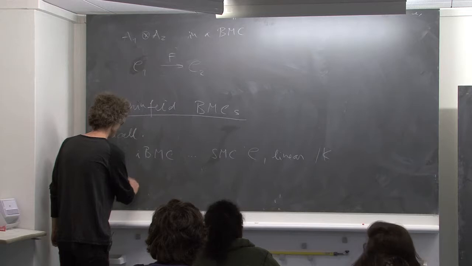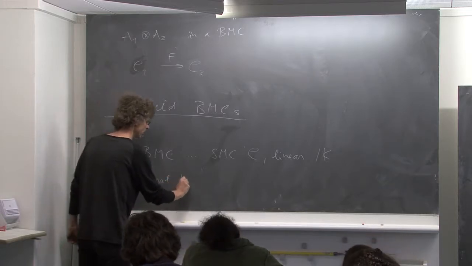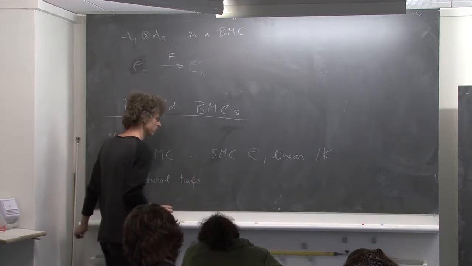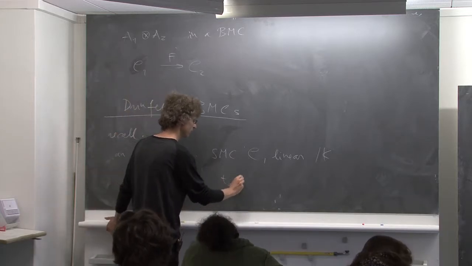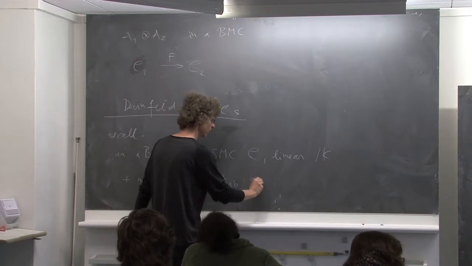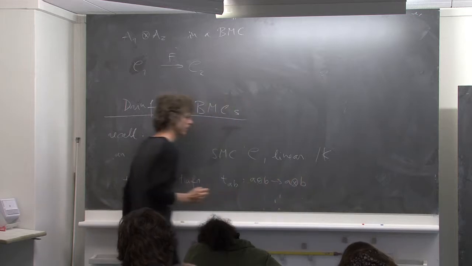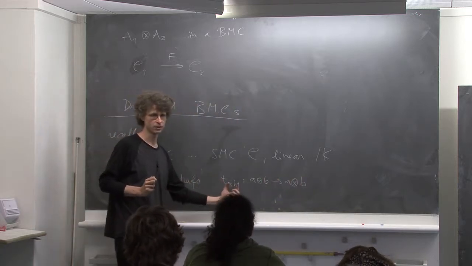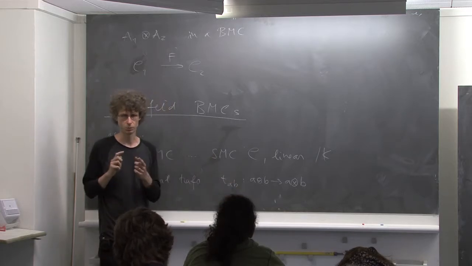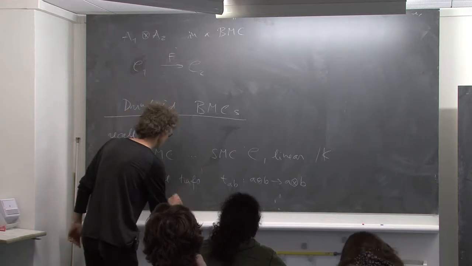So plus some natural transformation, T_{A,B}, going from A tensor B to A tensor B, satisfying, written in some shortcut notation in the sense that I will not be writing those symmetries, etc., such that